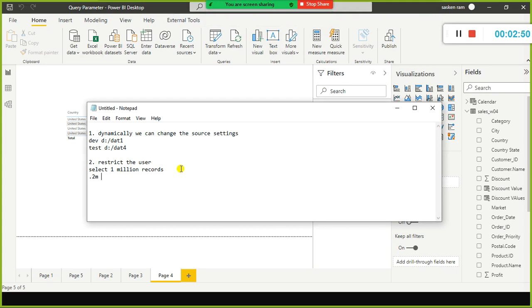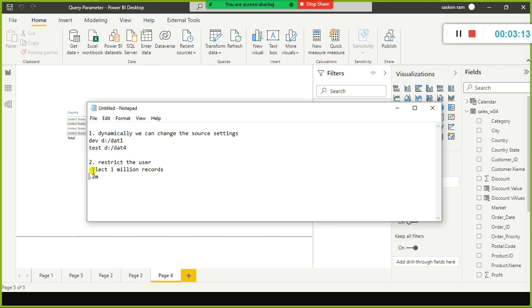And it will not consume too much memory. If you select the entire table data, it will consume too much memory and require too much I/O also. It has to read the data, load the data in memory, and also push the data to your Power Query. It will take a longer time. Unnecessarily, it has to consume too much memory.